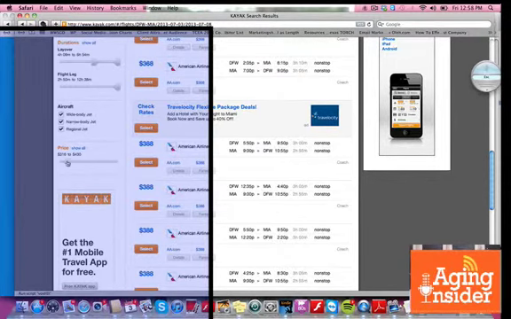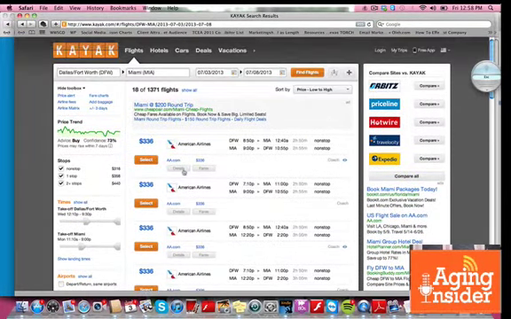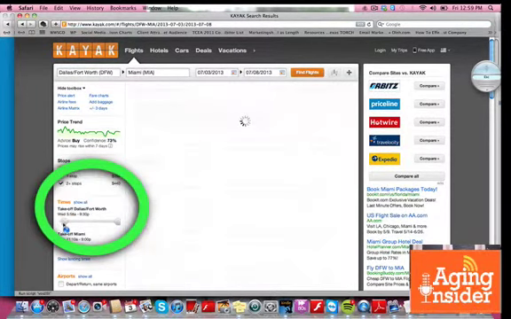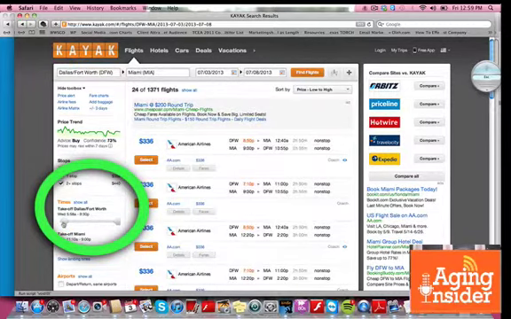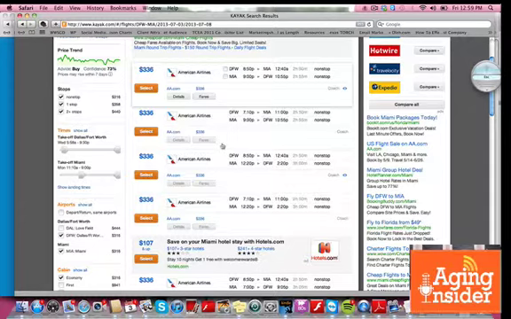And then just take a look. So if I scroll back up to the very top, everything that I've chosen on my filters is now appearing here. And the prices have changed because I've changed my takeoff times. I've changed my takeoff times from Miami. And if you want to move it again, you can just move this back, and then I get more options. So that's a quick intro into the filters on Kayak.